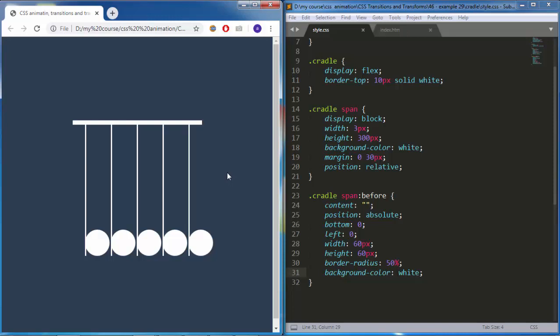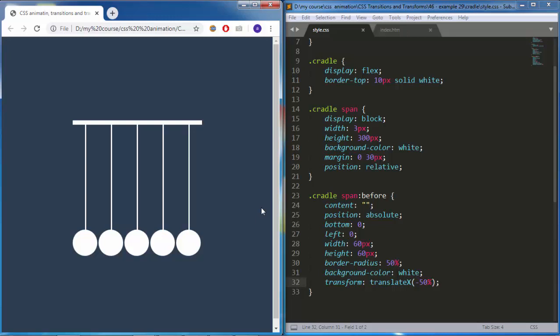So what we can do is we can shift them to the left so they'll be centered, just like in our demo. So I will go right here and add transform, translate x, minus 50%, so that they will be shifted to the left by half of their width, which is 30 pixels, and be centered,